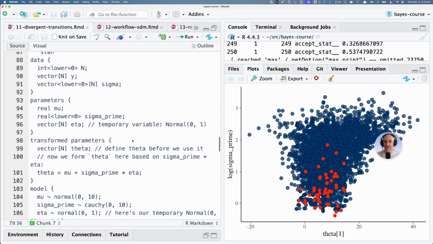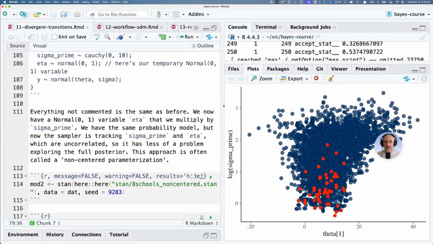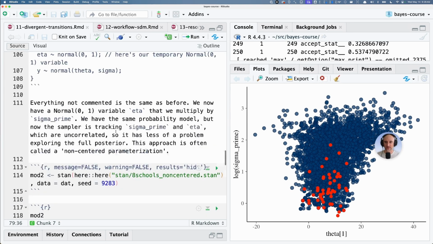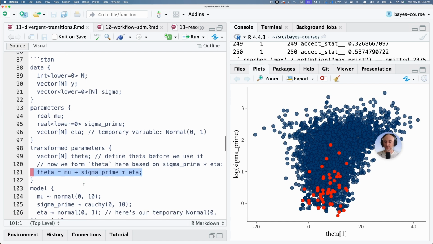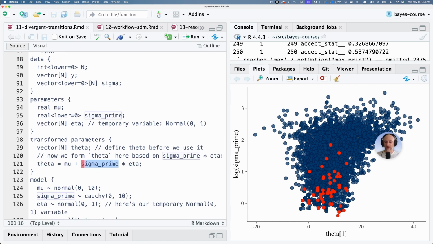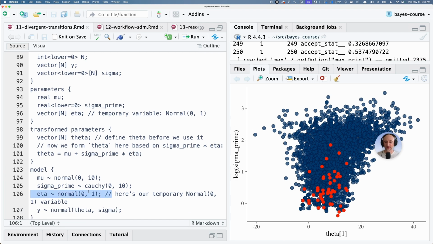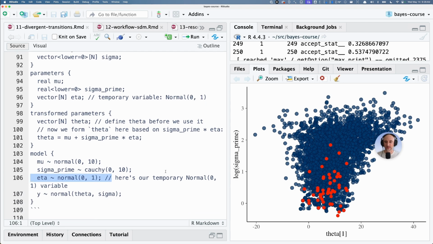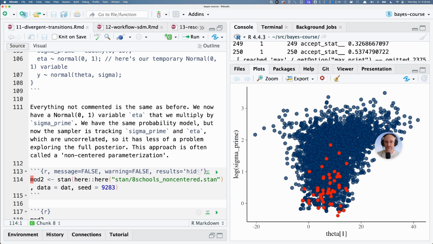So before we fit the centered version, now we're going to fit the non-centered version, which is what I have right here. So I've got eta, my theta, my school latent effects, the random effects, are the mean plus the standard deviation times the standard normal eta. Eta is defined as standard normal. These have quite wide priors. So if I fit that model,